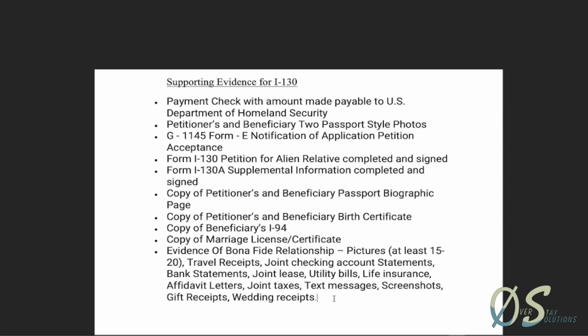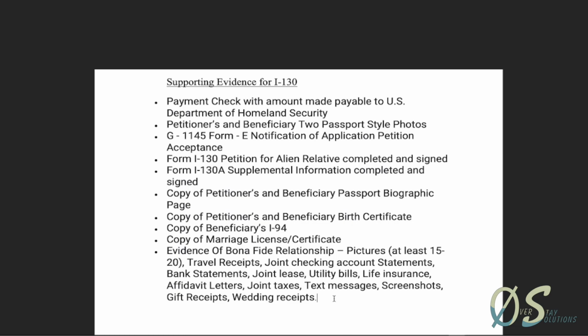A form G1145, which is the e-notification that USCIS will notify you when they get your case either by text message or email. The completed and signed I-130 and I-130A, copy of petitioner's and beneficiary's passport biographic page, copy of petitioner's birth